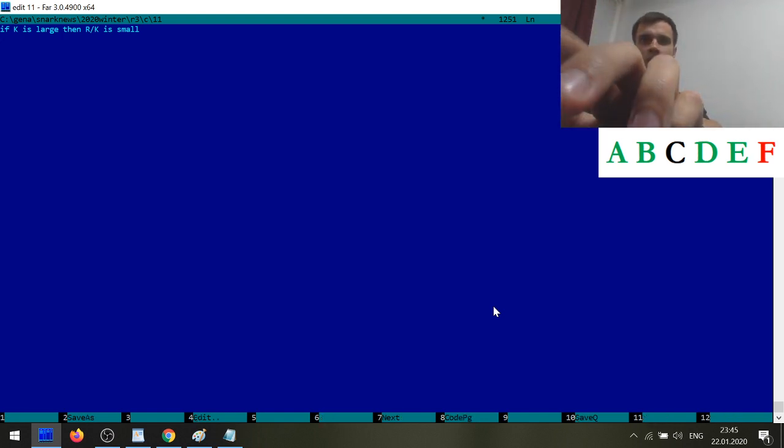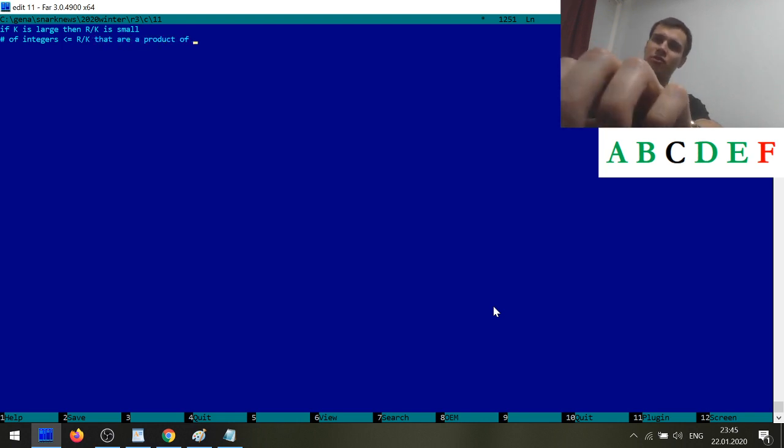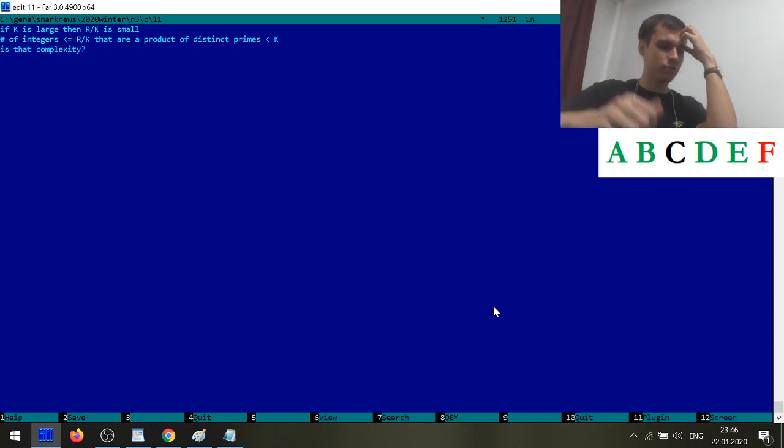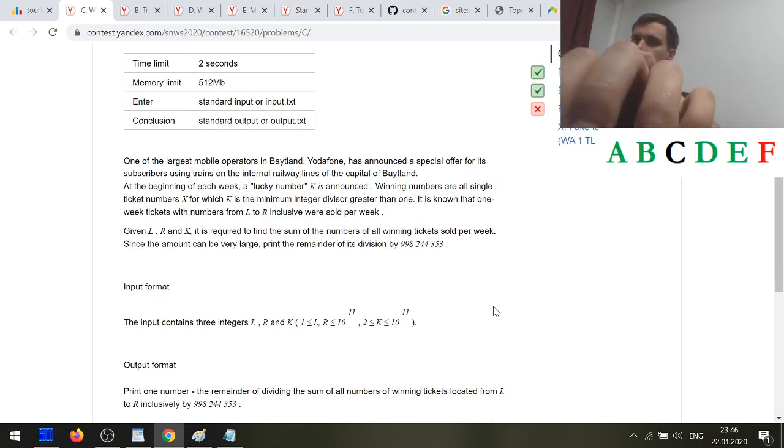So the complexity is the number of integers not exceeding R divided by K that are a product of distinct primes less than K, right? Is that the complexity of just brute force? Well, maybe. I can try to implement it, but I just wonder. Maybe